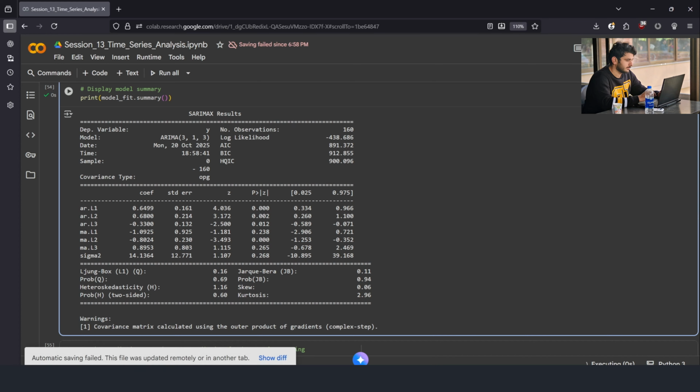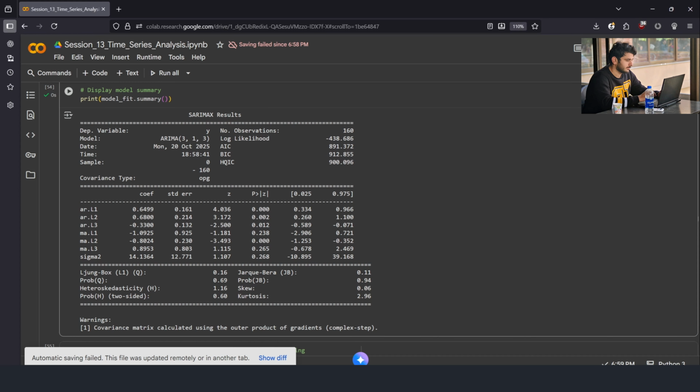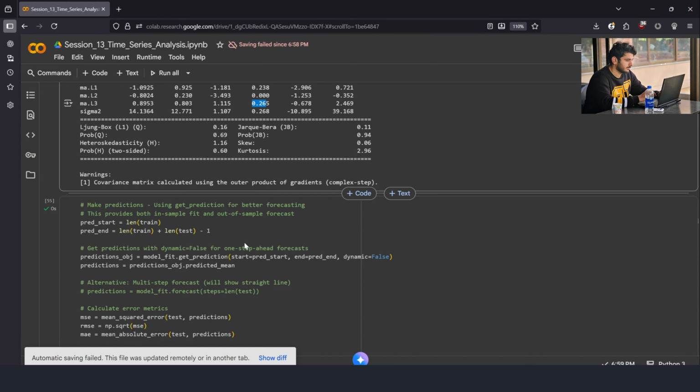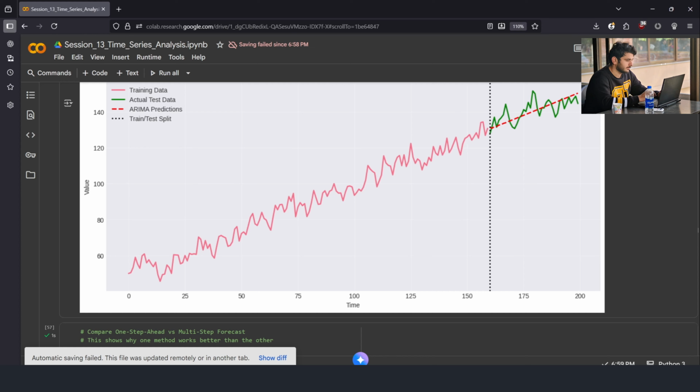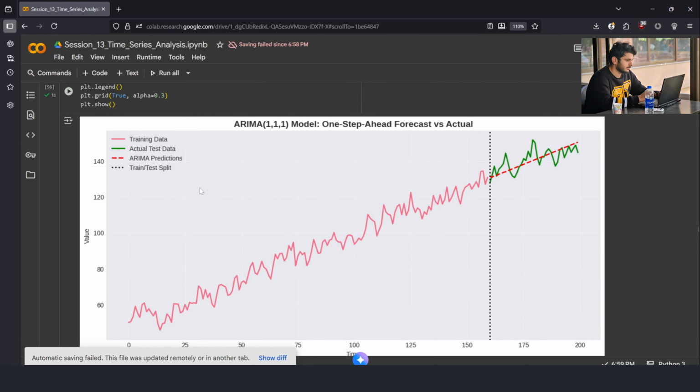So I'm just going to use run all, so everything that is required to run this will be executed. Now here we will get 3 coefficients for the AR component and 3 coefficients for the MA component. Why? Because we are using third order, or 3 lag terms, or 3 previous terms and 3 error terms. We can see the significance of each of them based on the p-value. And if we plot this,